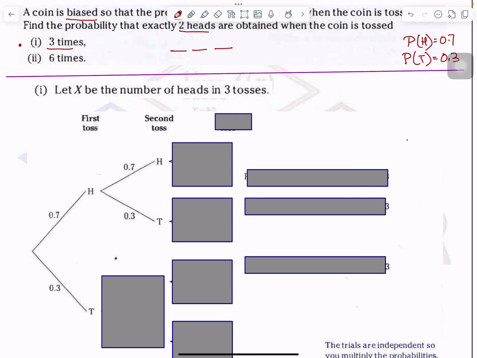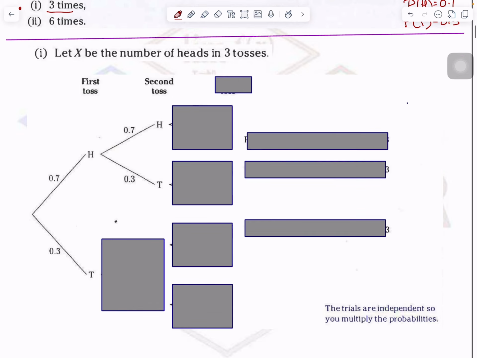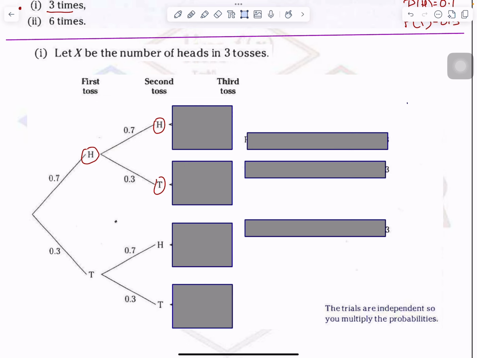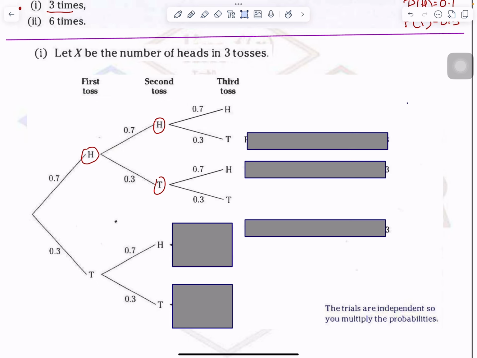This is connected to your previous knowledge, right? Every time the probability of happening is the same, that is not changing. So if you get head first time, then second time you have either head or tail. But if you have tail first time, then these are the chances. You know tree diagram. Similarly, in the third toss, this is the outcome, head tail, or maybe from here head tail, because with each branch we say.